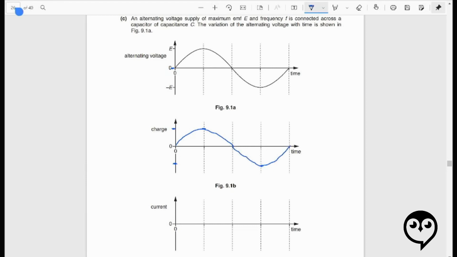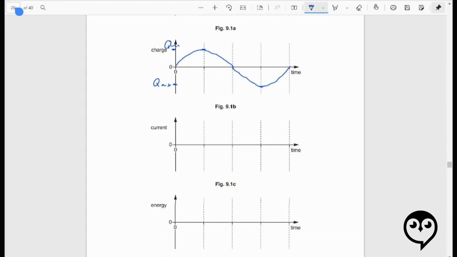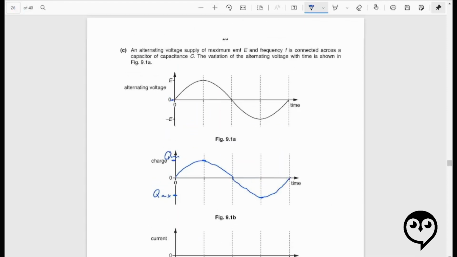So I guess it's going to follow the alternating voltage, which I guess makes sense. I would label this, I don't know, max charge, Q max, something like that. All right, we'll go on to what they want us to do with